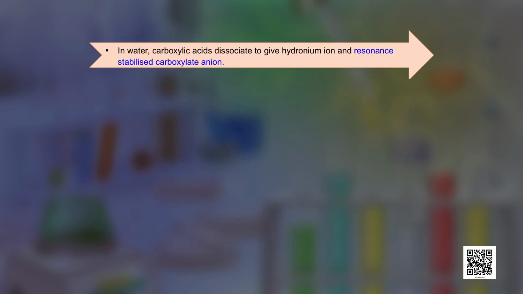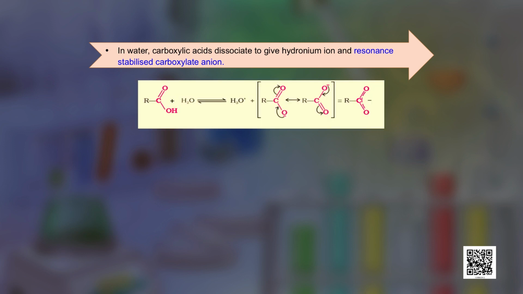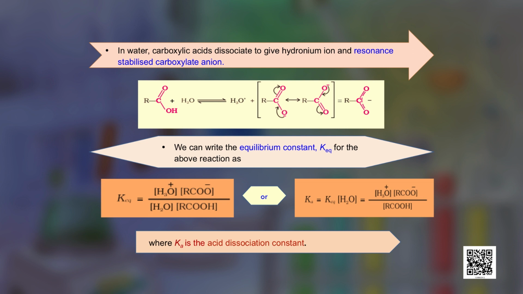In water, carboxylic acids dissociate to give hydronium ion and the resonance stabilized carboxylate anion. You can see here the resonance structures for the carboxylate ion, where negative charge is equally distributed on the two oxygen atoms. We can write the equilibrium constant K equilibrium for the above reaction as the concentration of carboxylate ion times the concentration of hydronium ion divided by